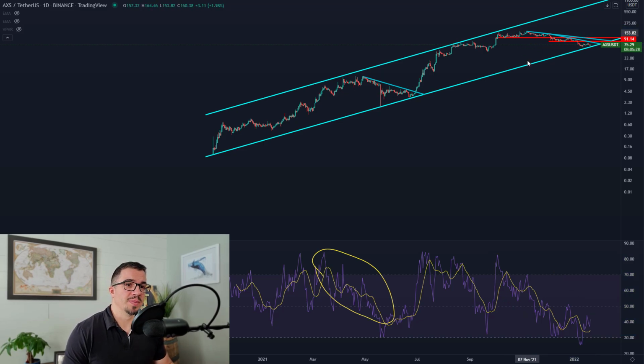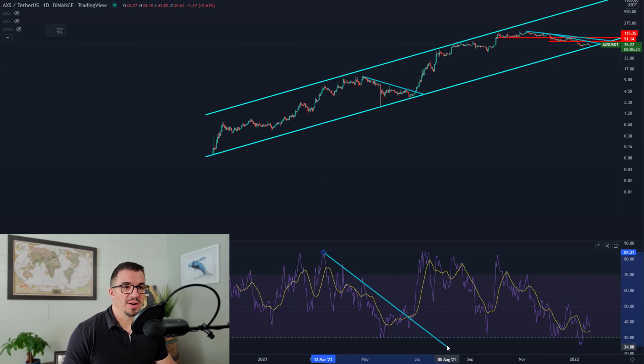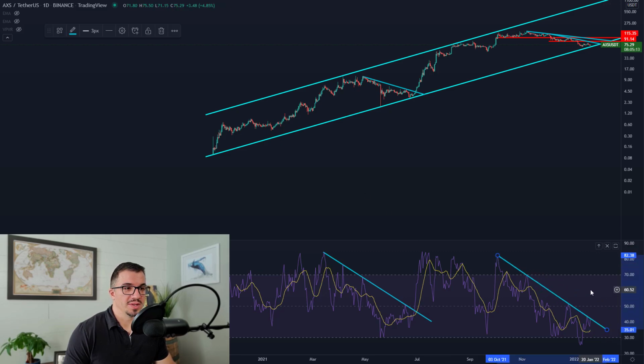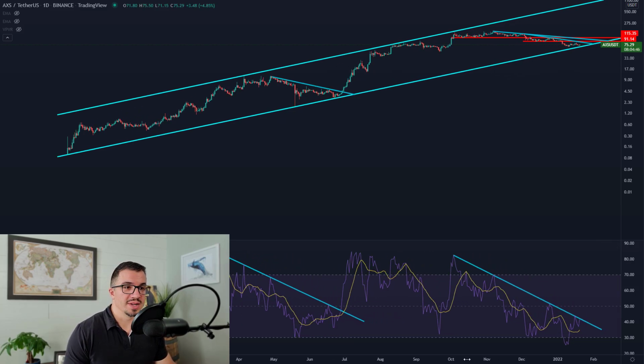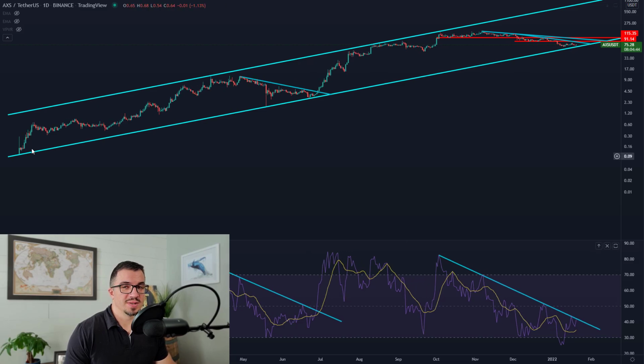Now, if you notice, these look very similar. In fact, if we draw a trend line off of the highs, it is almost identical. Okay, so from those highs and then also from these recent highs during the downtrend, you can see that we get a very similar pattern. Even the slope of that trend line is nearly identical. Now, I don't typically use RSI like this. I don't typically look for breakouts from RSI, but I do think that this is pretty striking.